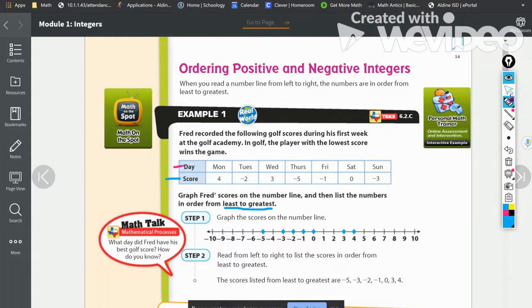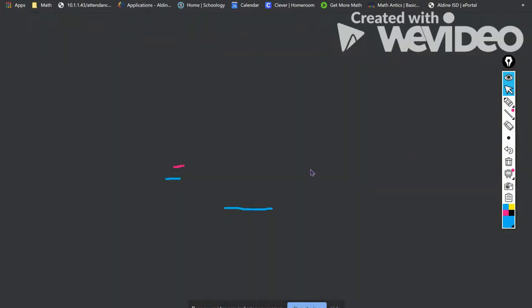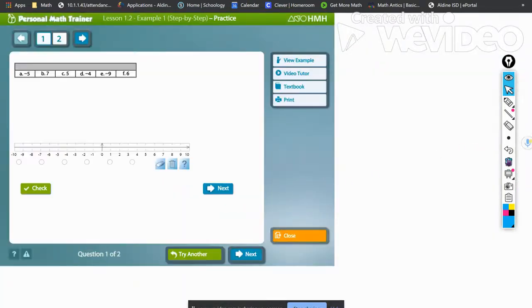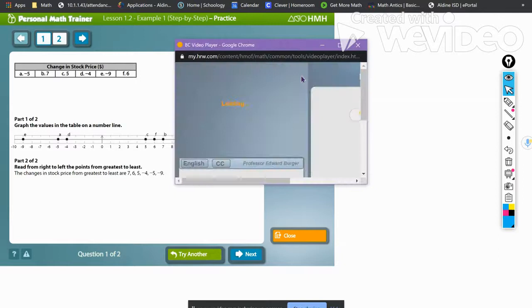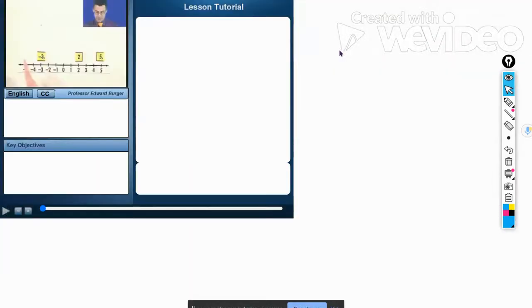What I want you to do now is click on the personal math trainer. When you click on that, it's going to open up just a couple questions, and it's going to take you step by step on how to do these questions. You can press view an example and it will do the problem for you and show you what it wants you to do. You can press the video tutor and it'll open up a new tab, and it'll be a video of